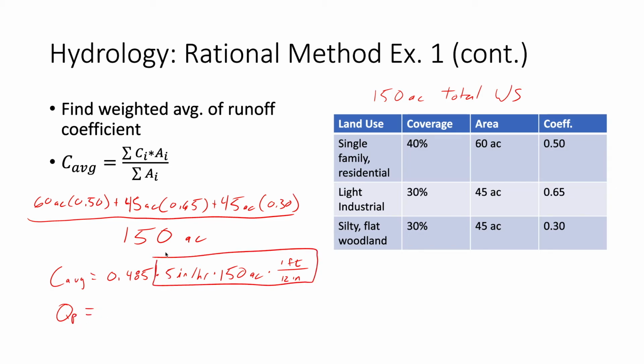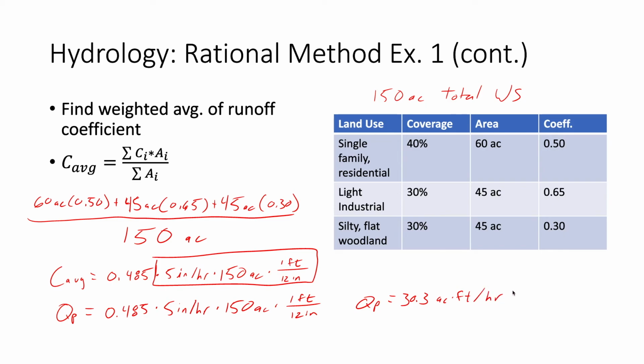Our peak flow rate is going to be our average C value times 5 inch per hour times 150 AC, and then convert it to feet, which will give us 30.3 acre feet